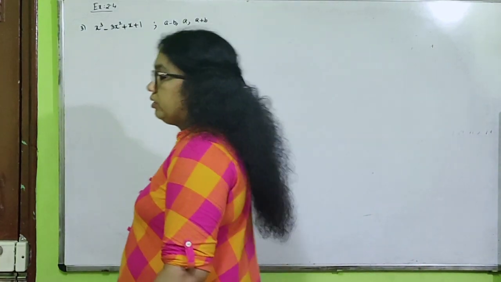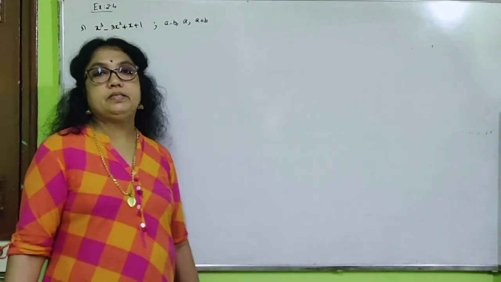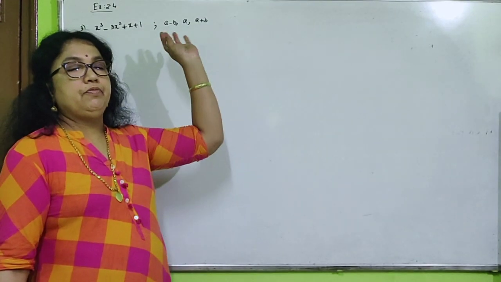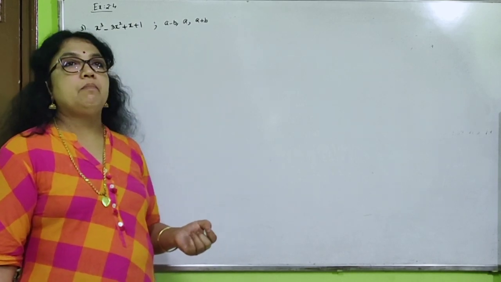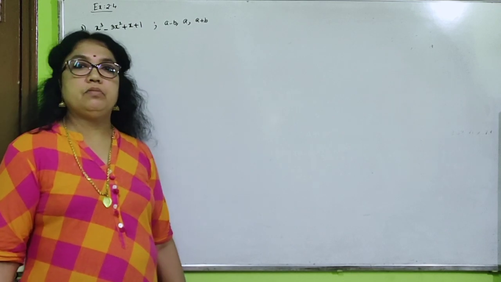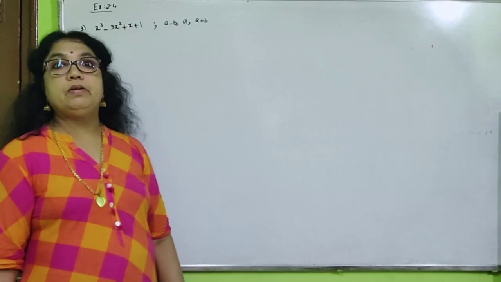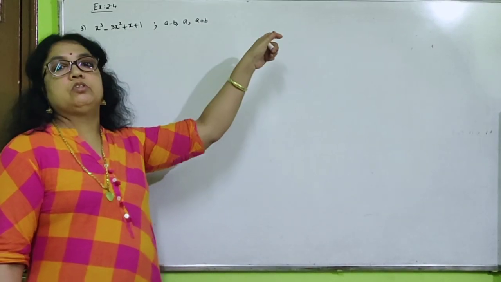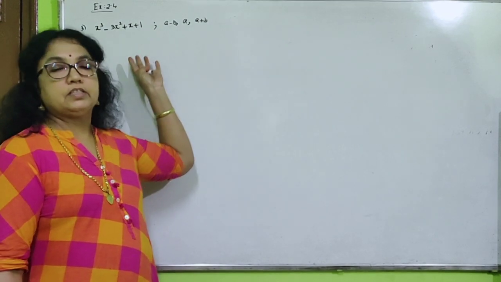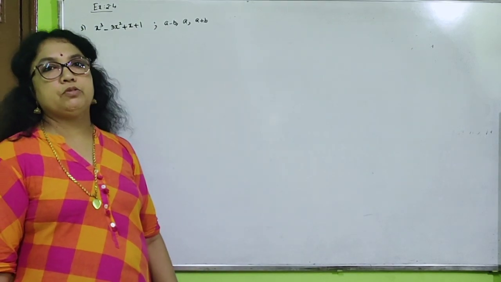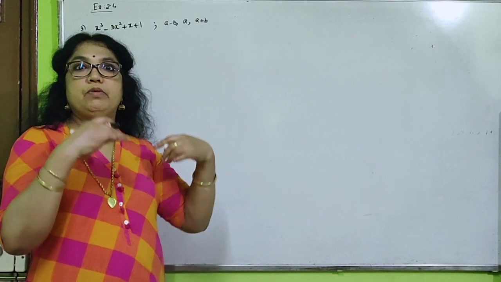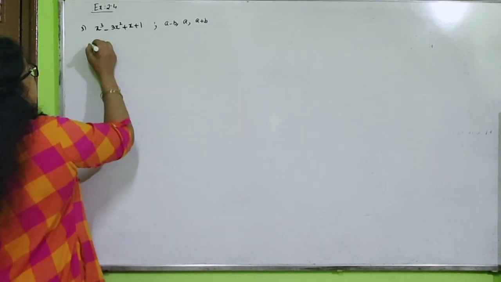Here in the zeros, the values a, b are given. Normally in comparison, we take small ax cube plus bx square plus cx plus d. If the same a, b, c we use and the zeros are also a minus b there, that will confuse. So if in the zeros also a, b values are coming, you have to take the standard form with capital A x cube plus capital B x square, like that. Otherwise, on substitution, you will get confused about which value is a. So I am showing it, then you can follow why I am taking it like that.